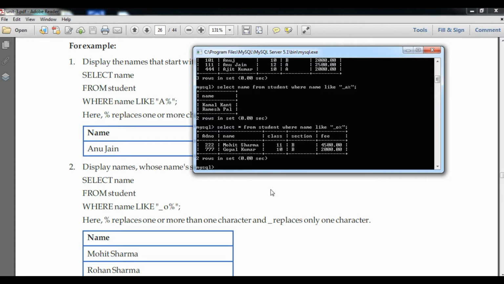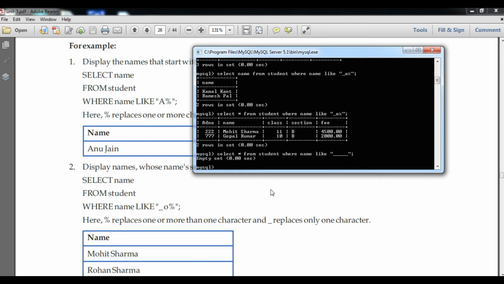And now we are going to search for 5 character names of the students in the student table. So here select star from, table name is student, where name like, within double quotes, 5 underscores, close terminator.